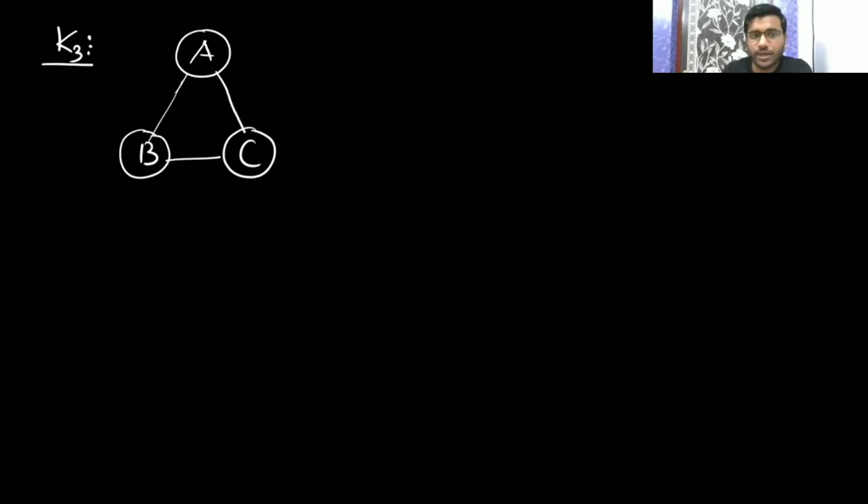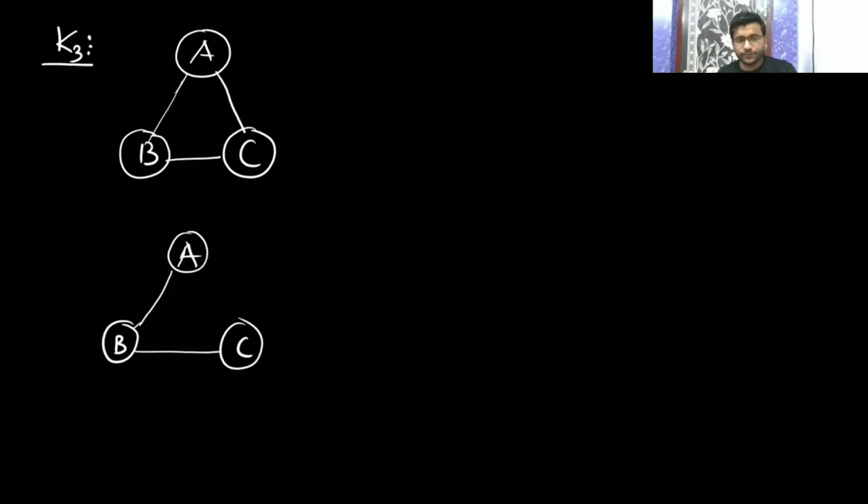This is your complete graph. Now a spanning tree will have all the nodes but the least number of edges. The number of edges will be less, and should be such that you can connect all the nodes. Like this you can connect.